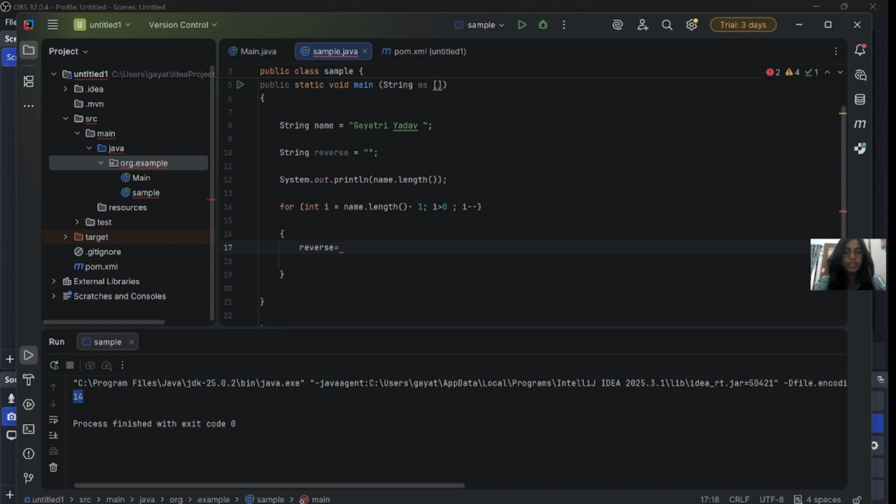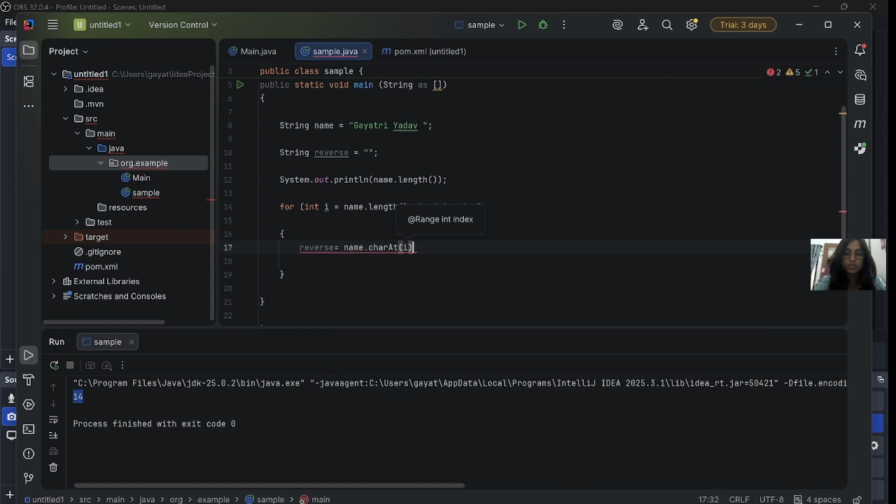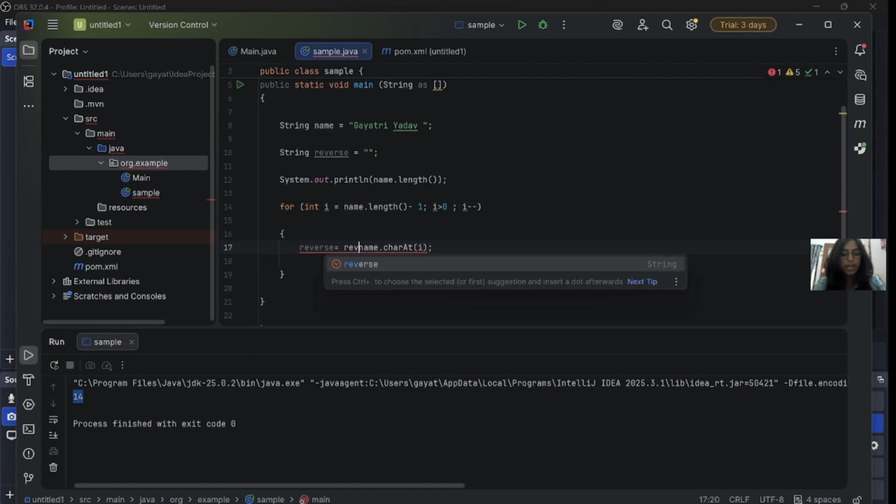So reverse, then what are we storing? We are storing name.charAt(i). If i is at position 0, it will take one value; if i is at position 2, it will take one value. Like that it will store here, and we append it with reverse plus.